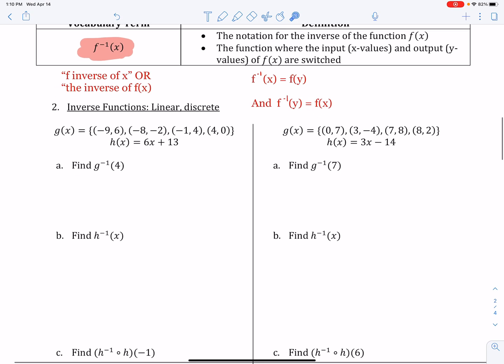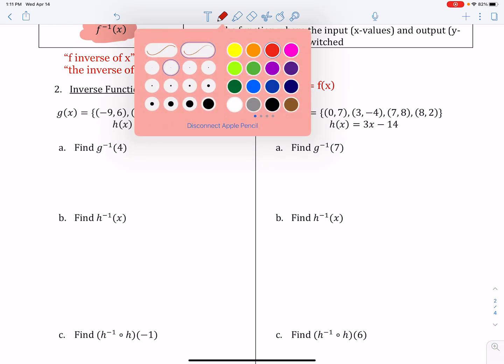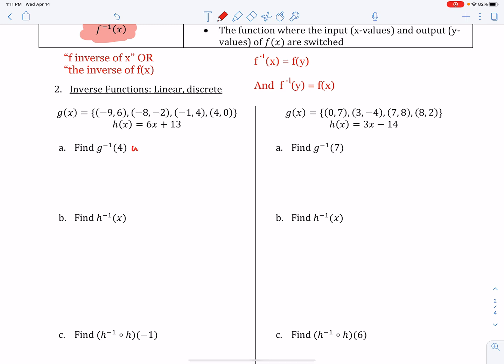Well, let's do an example here. We're looking at inverse functions, linear, comma, discrete. And we have g of x, and we have some notation here. And then we have a function h of x equals 6x plus 13. So right here it says the inverse of g of 4, basically. Okay. Well, what we want to find is, let me do this in red. We want to find